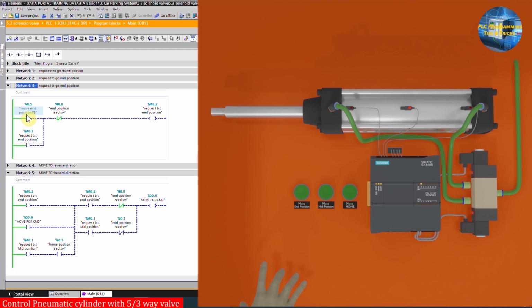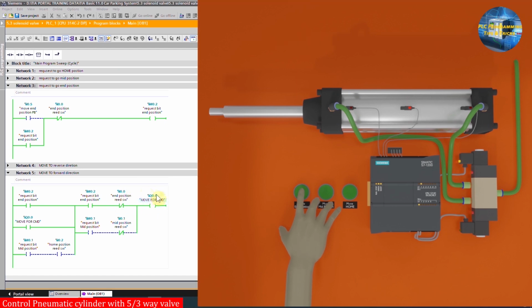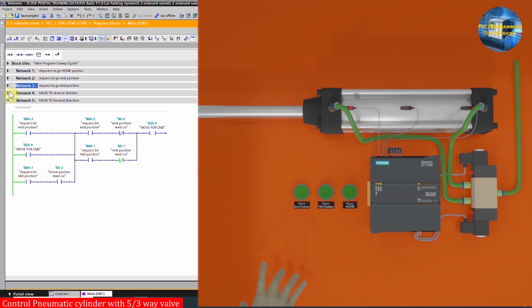Next, if we press the I0.5 end position push button, it will latch on the M0.2 end position request bit. Now, if we come to network number 5, the M0.2 latches on forward command Q0.0 and the cylinder starts to move forward. As soon as the cylinder reaches the end position sensor I0.0, this normal close contact opens and unlatches the PLC output Q0.0. Next, if we want to move the cylinder back to the mid position, we have to